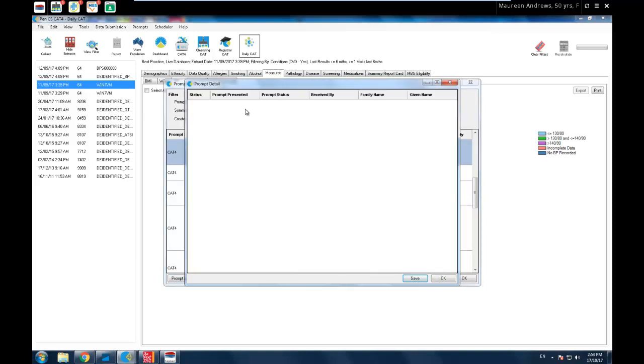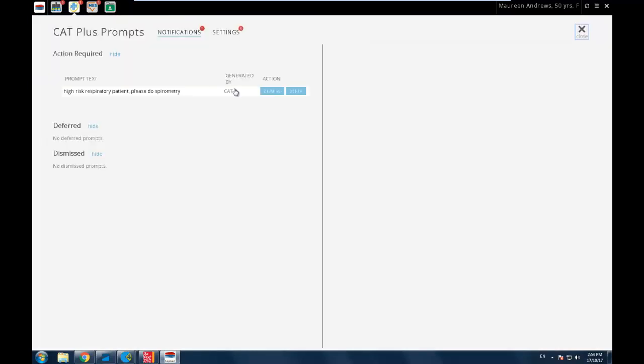So you see the prompt status. It will show either dismissed, or there's a couple of other options when you look back in Topbar here. You can dismiss or you can defer it, or you can just, of course, completely ignore it. Then it will just say displayed in that CAT report. But dismissed or deferred is what